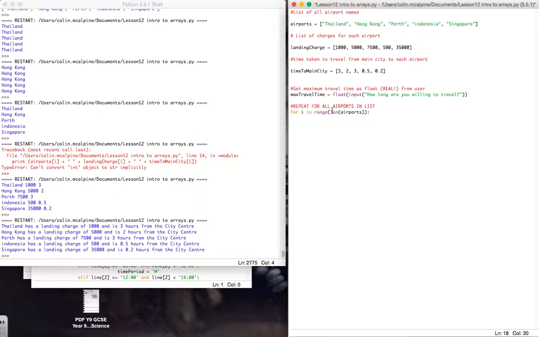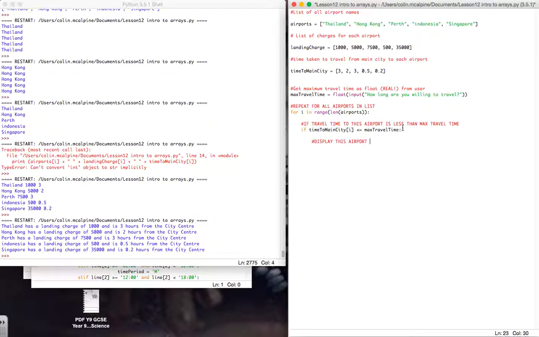If travel time to this airport is less than max travel time, so now we need to look at the time to main city array, and we have to put i in to get the current item in the list, is less than max travel time. Now we could do less than or equal to, in fact that will work. Now if that's true, then display this airport